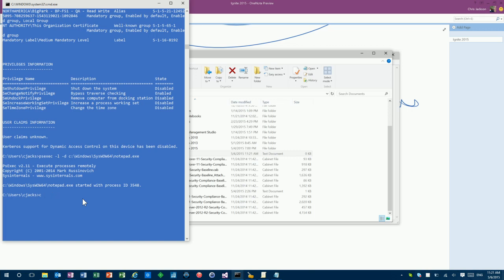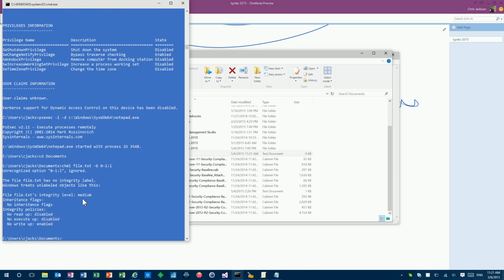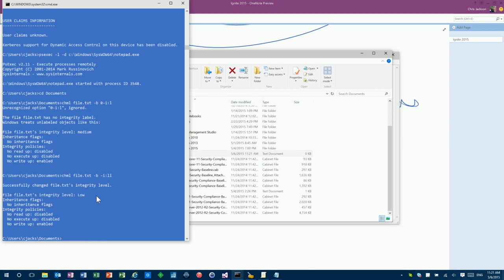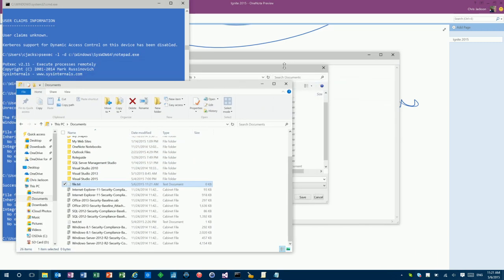Let me actually get to Documents, CD, Documents, chml, file.txt, and I'm going to make it a low integrity file. And great, it has no integrity label. Oh, it didn't. Oh, I typoed. I've got a typo problem today. Let's try that. Successfully changed, and now that it is